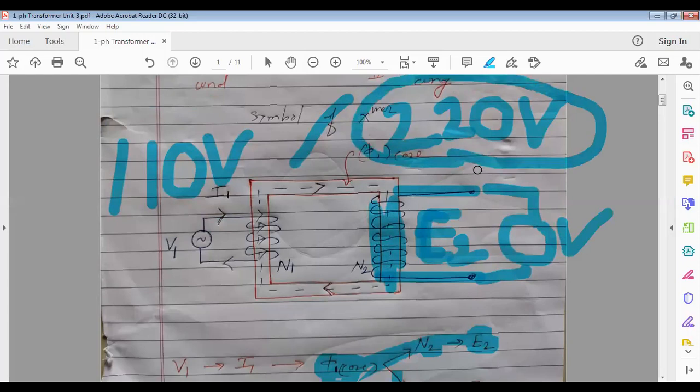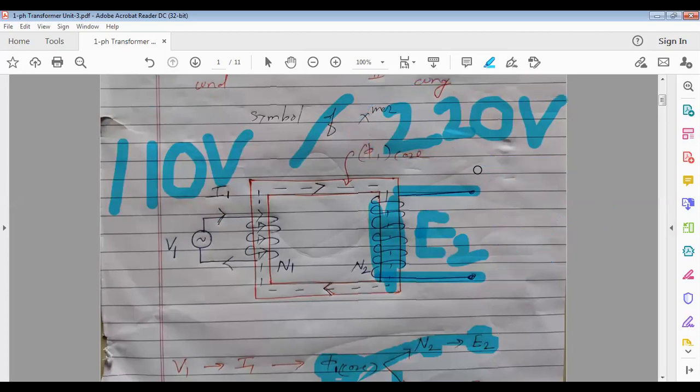Means how much no load voltage gets induced in secondary? Approximately this 220 volt. Every transformer is not open. It is covered with outer metallic body. On it you will find one rectangular plate. Nameplate is there. On nameplate transformer specifications are written. So for this transformer you will find it's a 1 kVA transformer, 110 volt / 220 volt, single phase, 50 hertz. Means this is primary side voltage and this one is secondary side voltage.